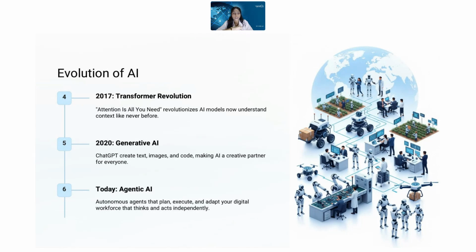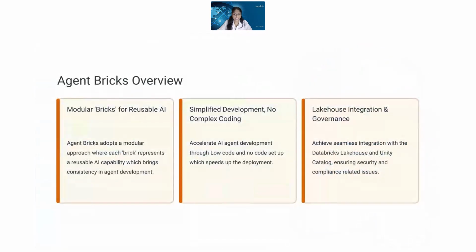We will be moving ahead with Agent Bricks. Agent Bricks falls under agentic AI itself. So let's try to understand what Agent Bricks is, what functionality it has, and what modules it comprises. To give you a short introduction, it is basically agentic AI only, but Agent Bricks operates on a modular approach where each brick represents a reusable capability throughout the entire development